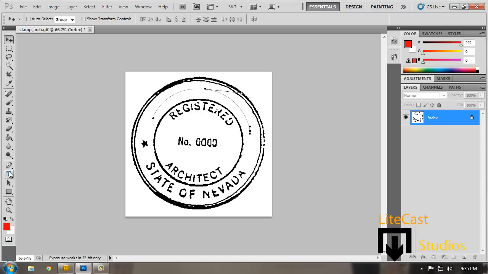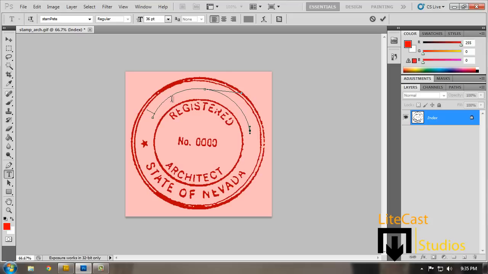And instead of making a text layer, what we're going to do is we're going to click text, and if you click outside of the path, you'll notice that it just makes a regular text I-beam on the cursor. But if you hover over the path, it'll show a little path on it, and you'll be able to edit it on the path. We're going to make it red, and we're going to be able to type it in. So we're going to be typing in